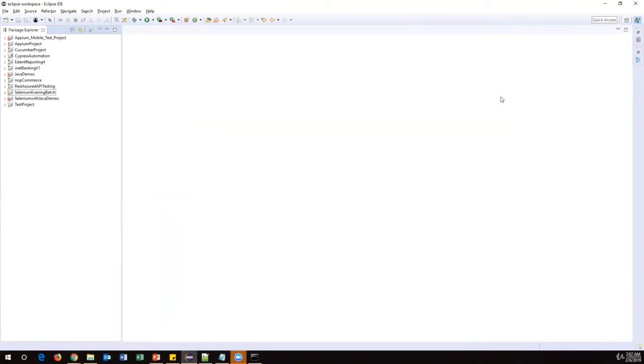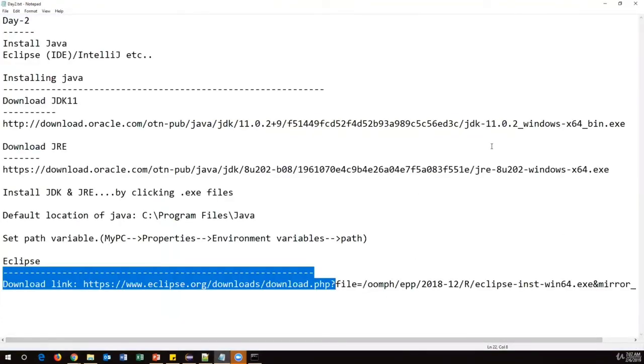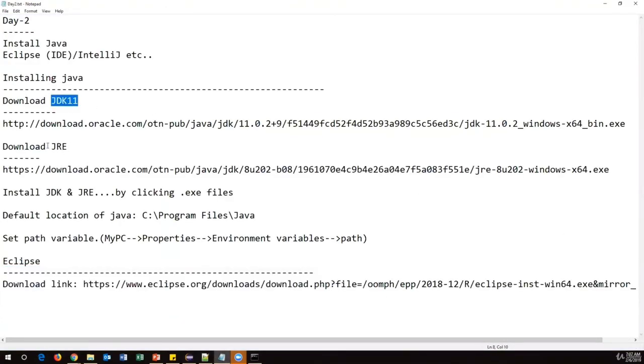Okay, so these are all the configuration parts. Download Java, JDK and JRE, then configure the path of Java, and then download Eclipse. We don't require any configuration for Eclipse. Just download the exe file, click on it, and it will install Eclipse. Then just open the exe shortcut and it will launch Eclipse. This is the environment setup, the first thing you have to do. Once you have Java and Eclipse, you can start writing your Java code.